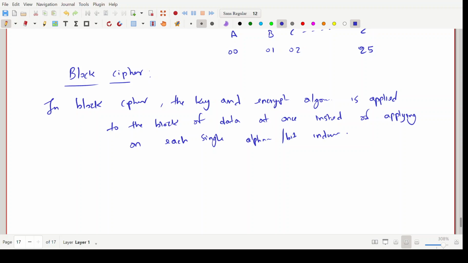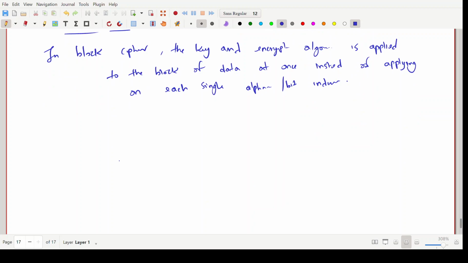So there are two types of block cipher which we are having. One is substitution cipher and another is transposition cipher. And this substitution cipher is further divided as, first is shift cipher,